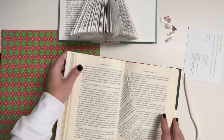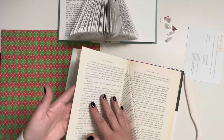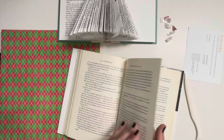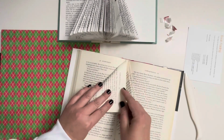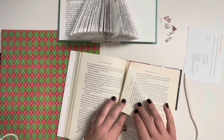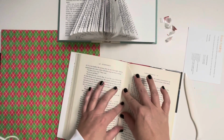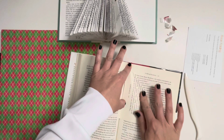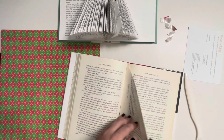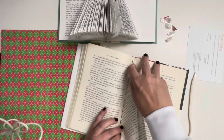Now I'm going to go ahead and turn my book and make my first fold on this side. I'm still going in the same direction, still doing the same folding. You can change and go in this direction if you find it easier, but just for consistency in my tree, I'm going to keep folding this way. So I'm just tucking this page in, folding down over my other folds, taking this corner, pulling it down and in,